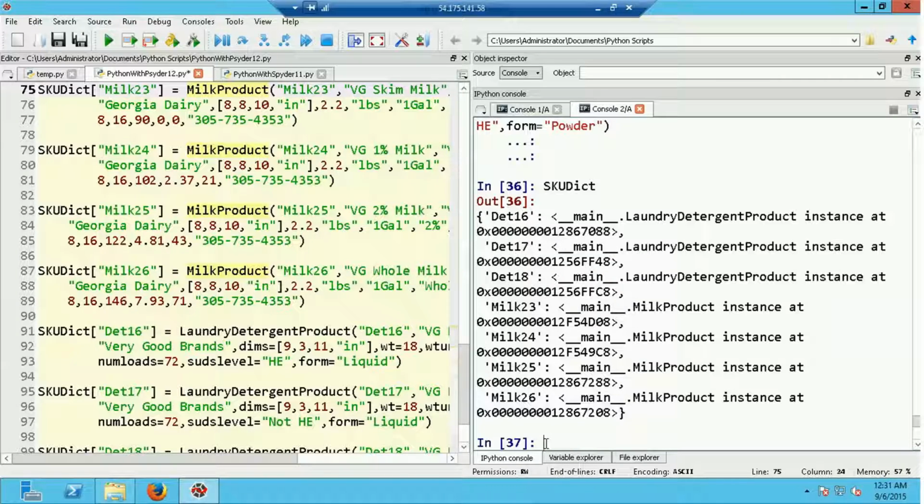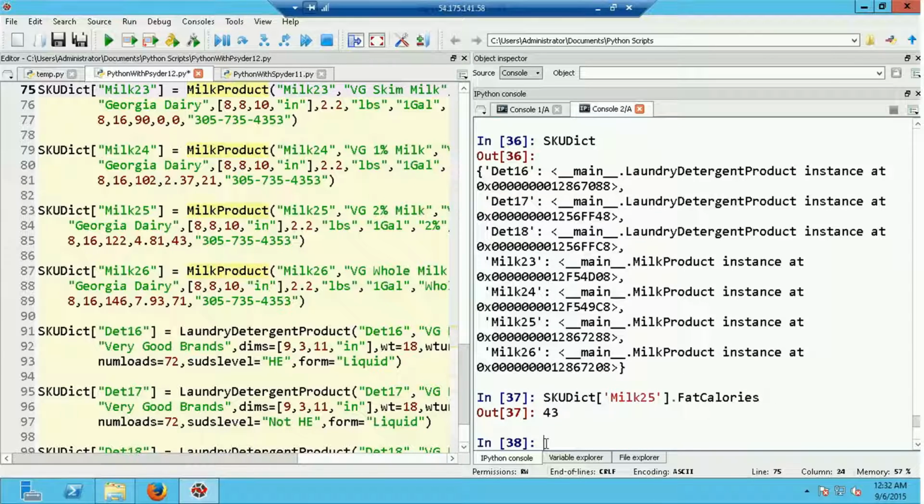And I now can access data within those objects in the same way that I would access that data had I defined separate objects that were not part of a dictionary. So for example, for milk 25, which I would reference by SKUDict and then milk 25, now milk has an attribute of fat calories. So if I do .fat calories,